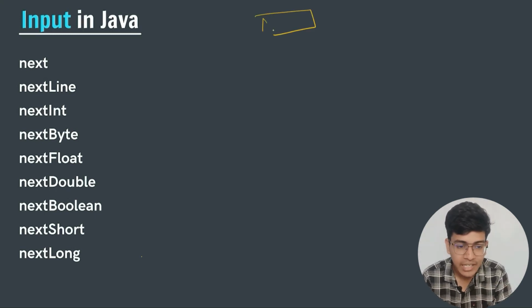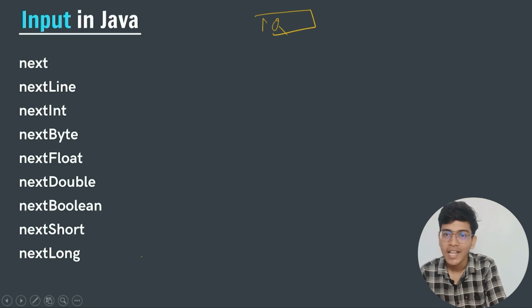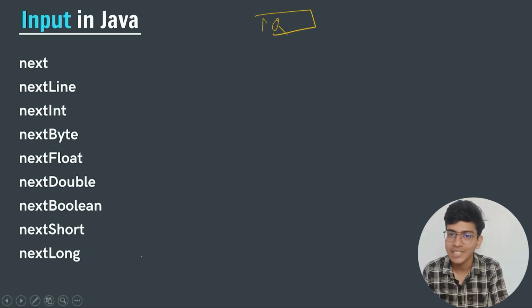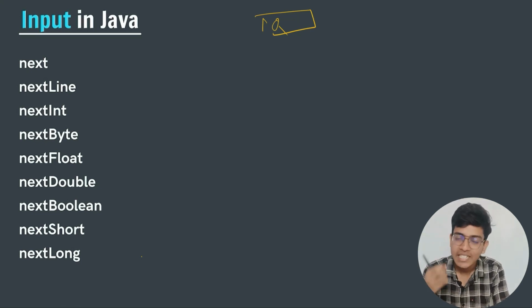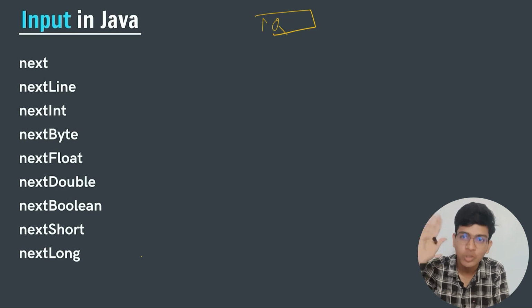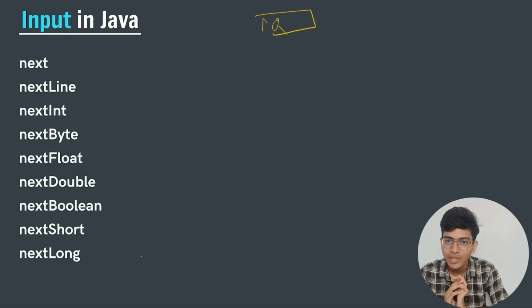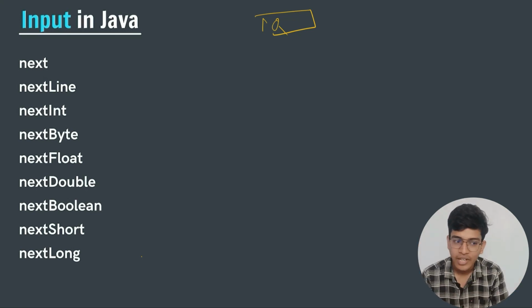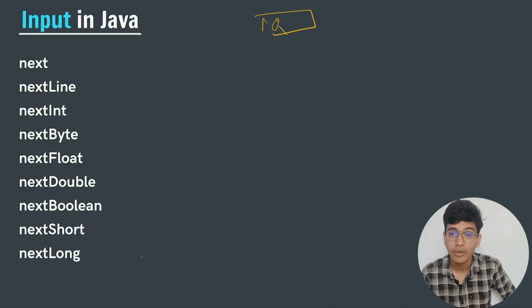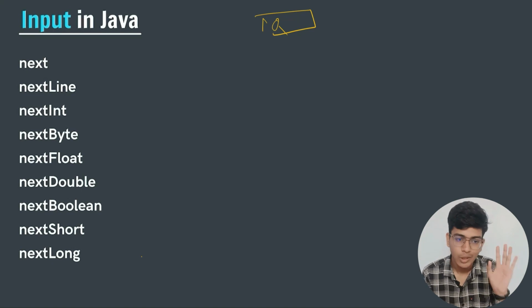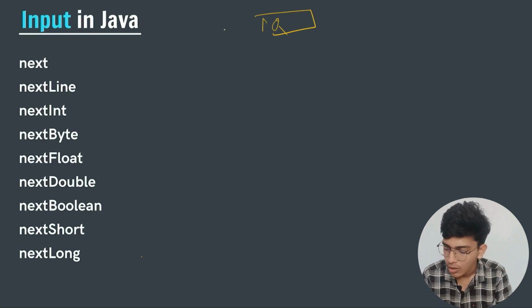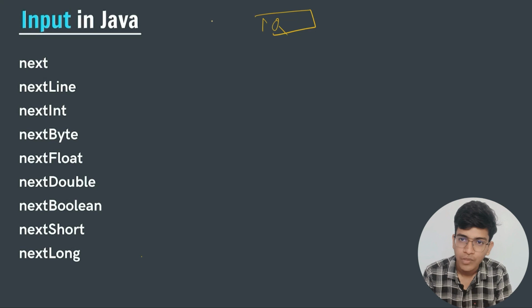On the Google screen, you give some input first, and after that you get some output, right? Similarly, in our code, we'll give some input to our code, and it will compute something and give output to us, right? So we'll talk about how we can give input in our code. For that, you have to understand one thing: